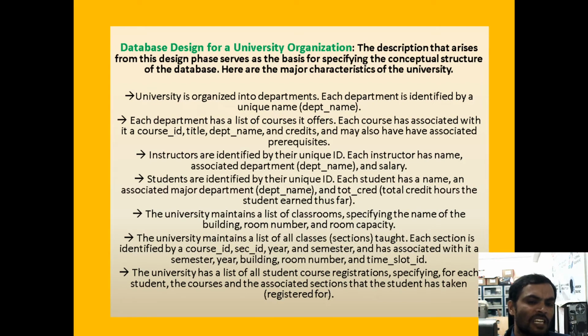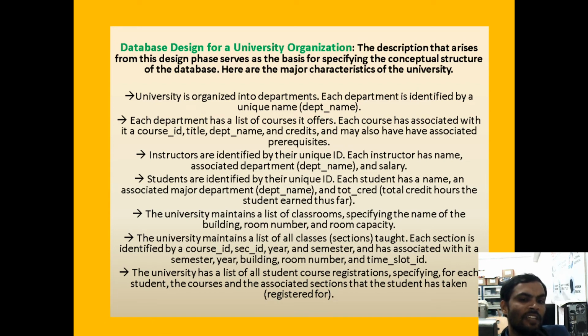Unique ID for the instructor. From the department table, what are we defining as the unique ID? Department name is the unique ID. Coming to the instructor table, there we define a unique ID as the instructor or faculty ID. Then we have the faculty name, the department the faculty is associated with, and the salary. This means a relationship exists between the department name and the faculty ID.